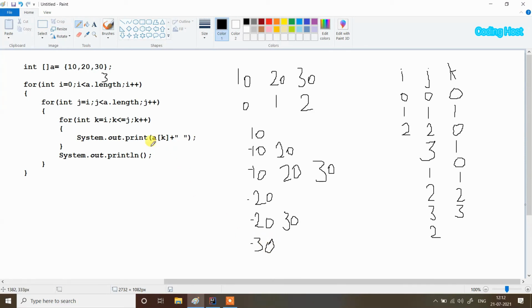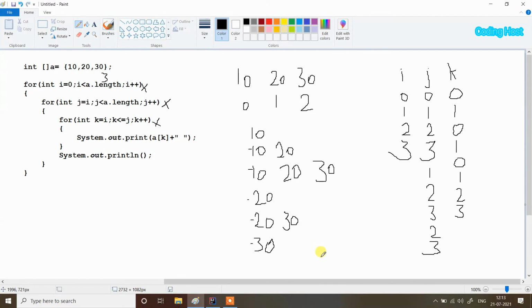After that this for loop will break, this one will break when k increments, and after that j++ this for loop will also break, and in the last when i becomes 3 this i for loop will also break. So you can see our program will stop here.